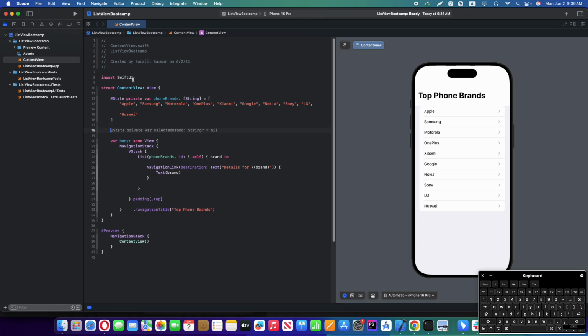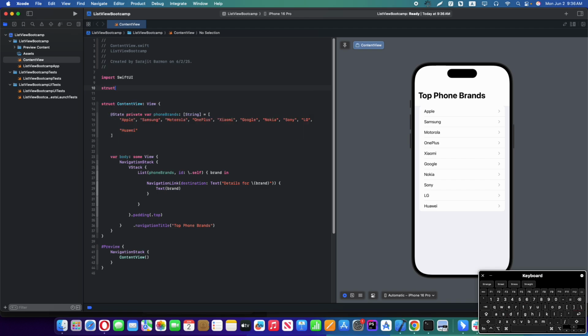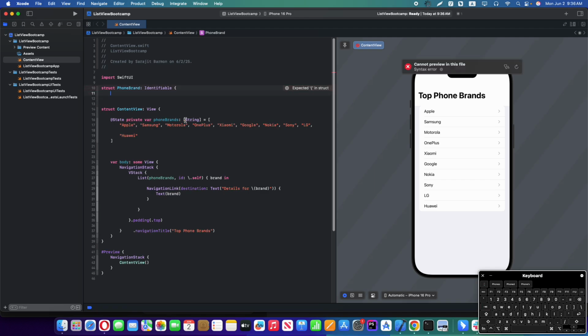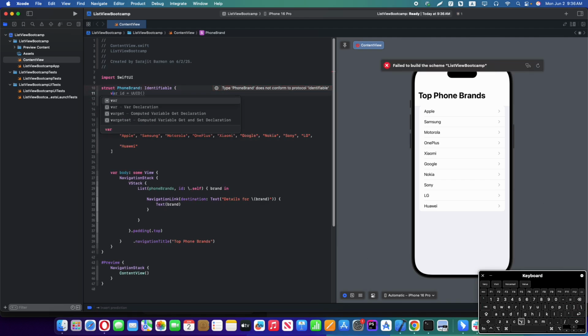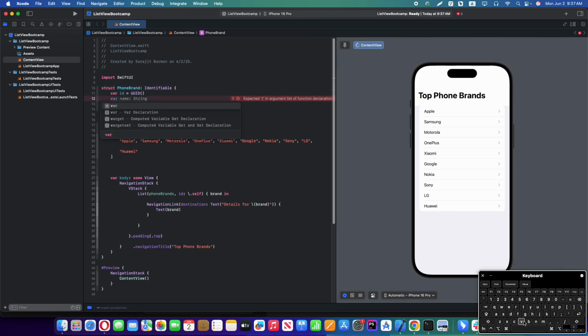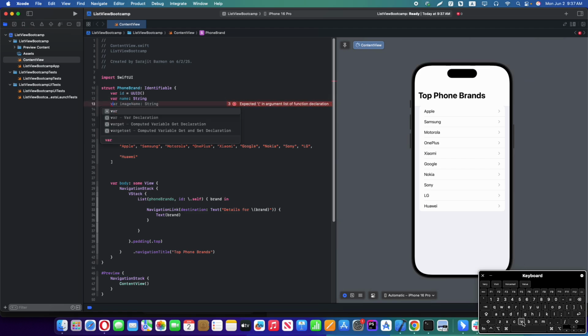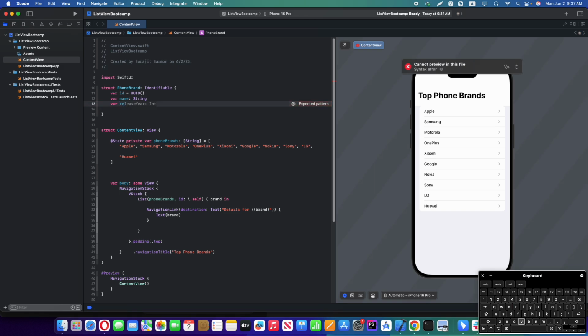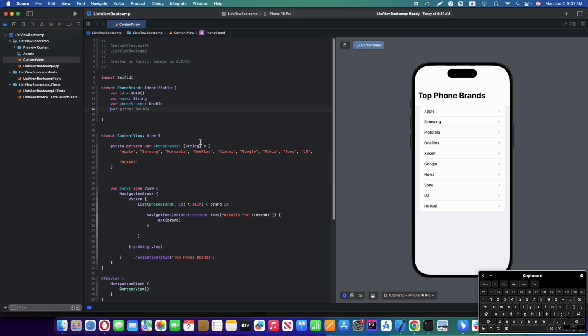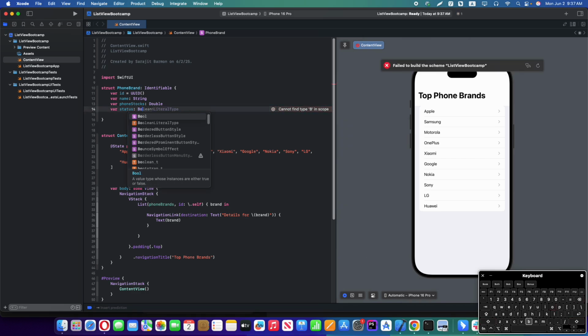Now let's extract one brand label, and for ID var id UUID, and then var name string, var released, say, stock phone, stock phone stock double, and let's okay, so var status boolean, so Bool. Okay,